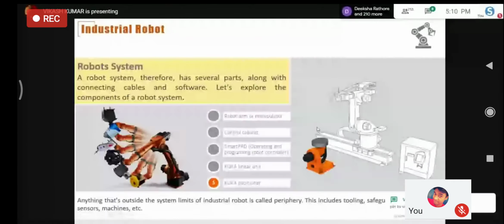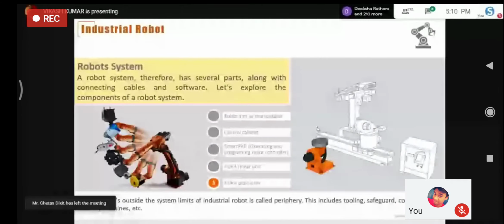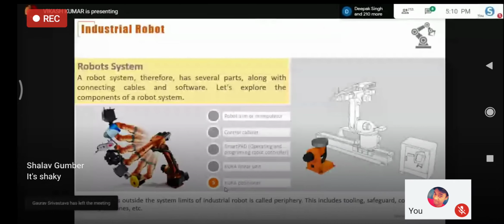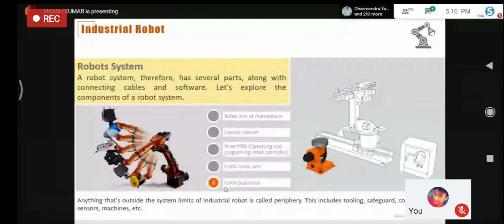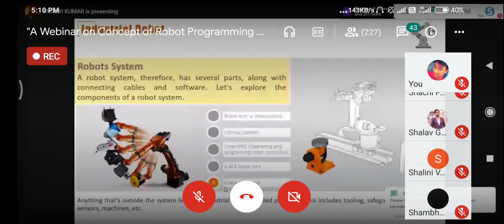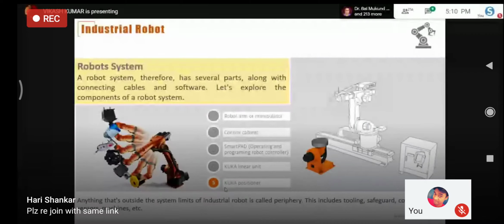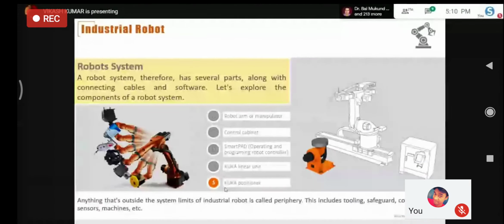And at the last, you can see a positioner, or a table in front of the robot, so that you can mount your workpiece on it. These five components each have a different role, and it is very important to define all of them before creating any robotic application. Programming is a secondary part. First, you have all these essential systems so that you can create this.